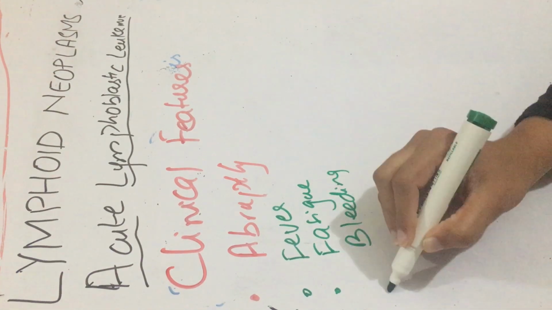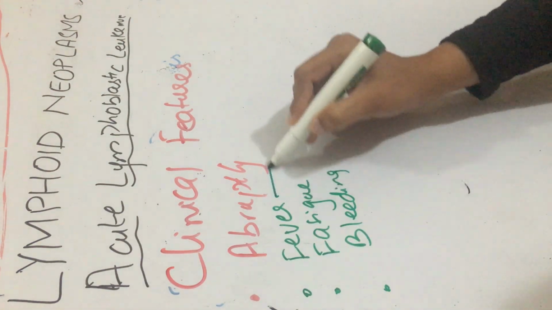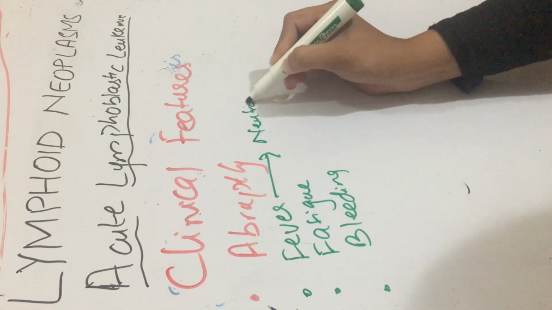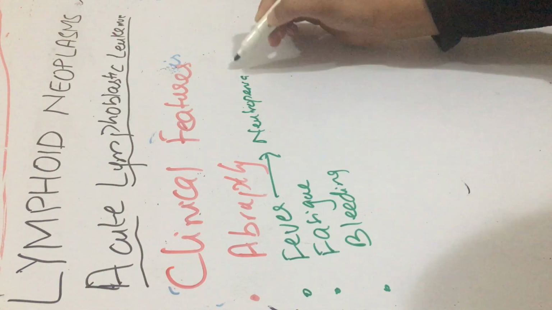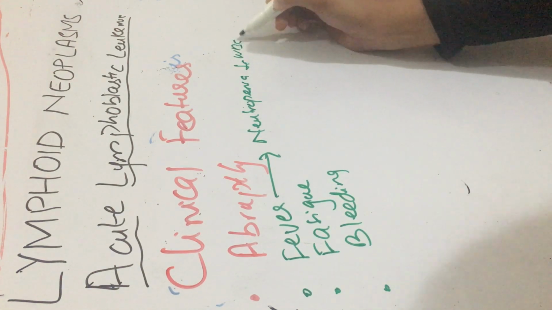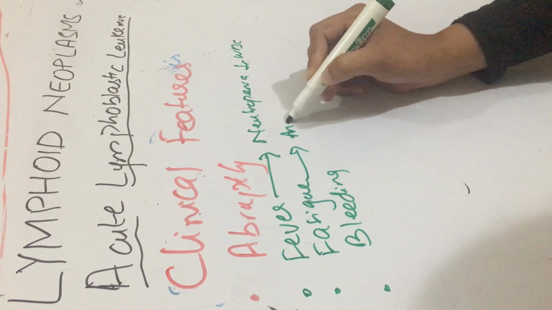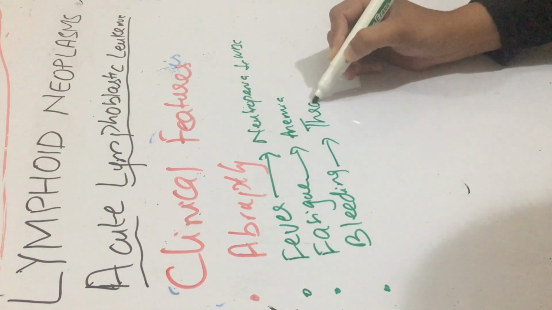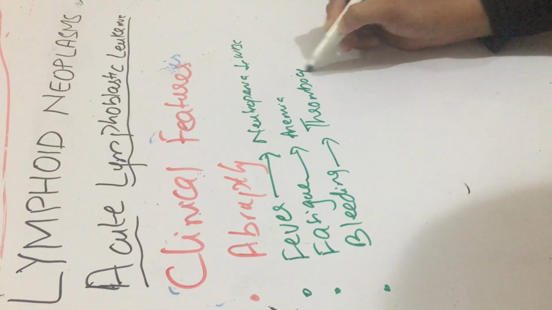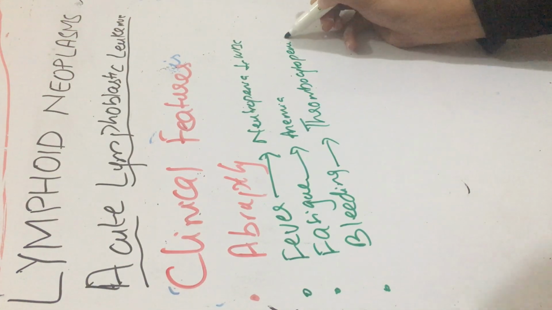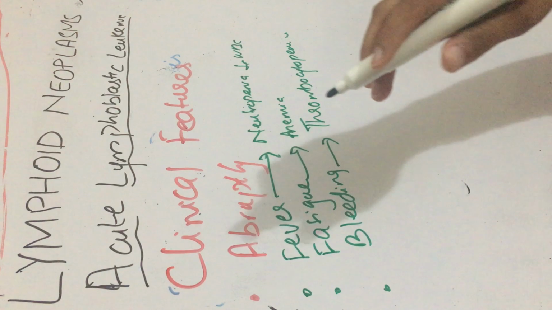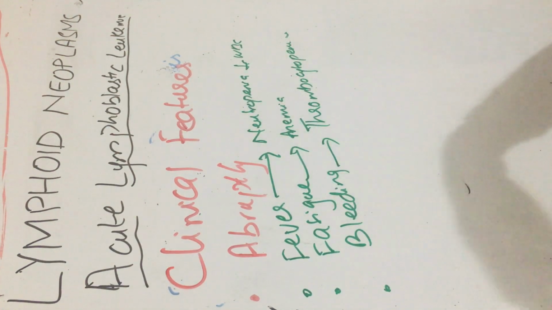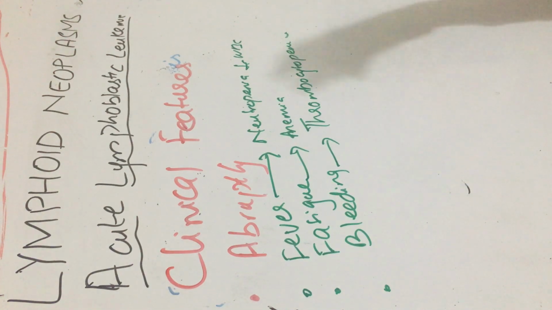What is the cause of fever, fatigue, and bleeding? Fever occurs due to neutropenia, or decreased white blood cell count. Fatigue occurs due to anemia, and bleeding occurs due to thrombocytopenia. Okay, because these lymphoblasts replace the normal bone marrow, and the deficiency of these other kinds of cells occurs,